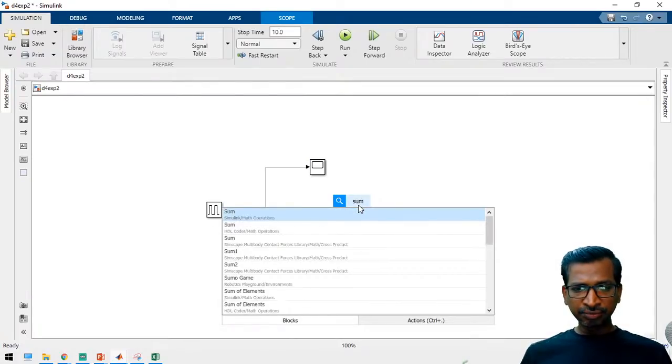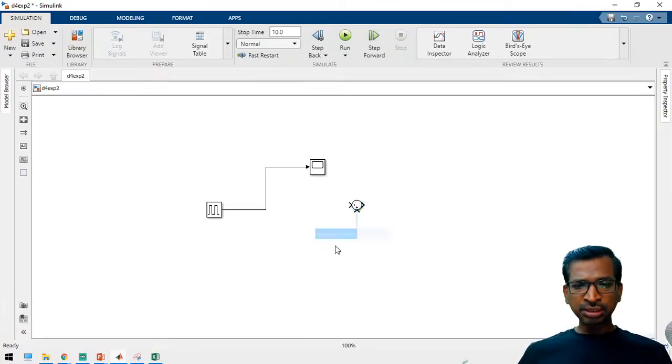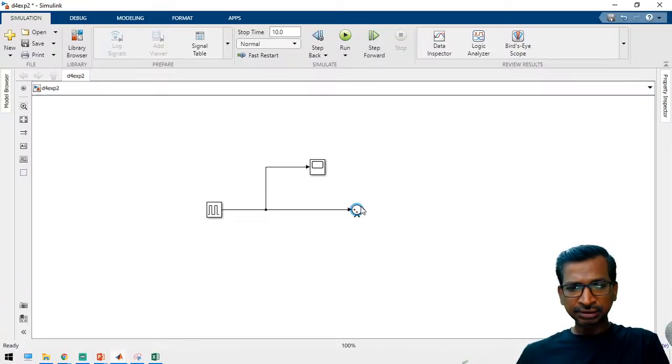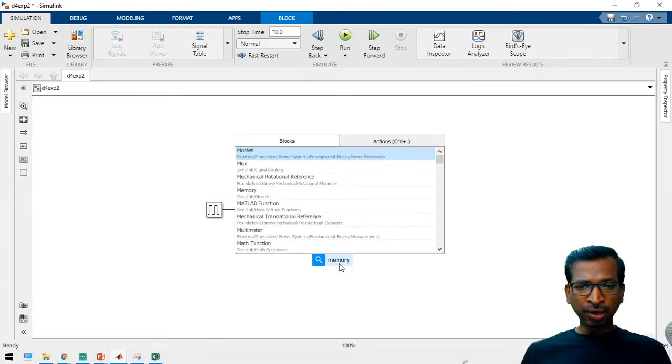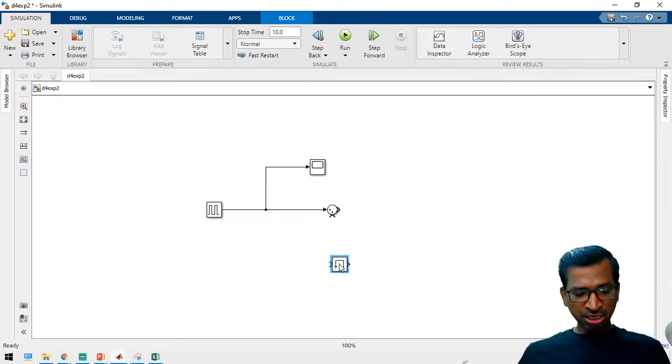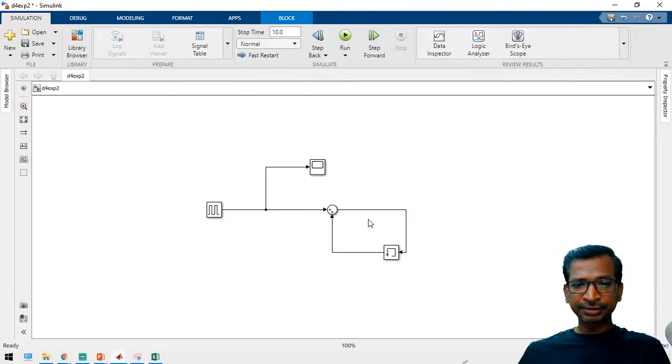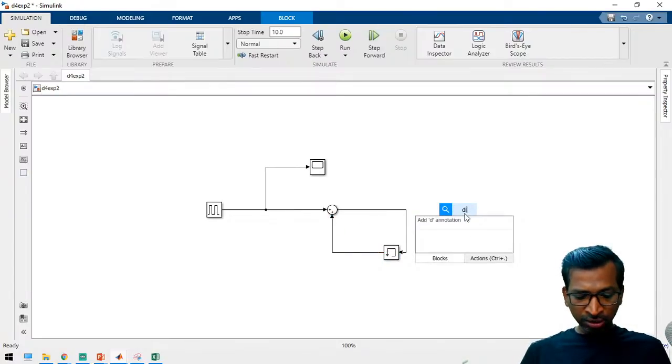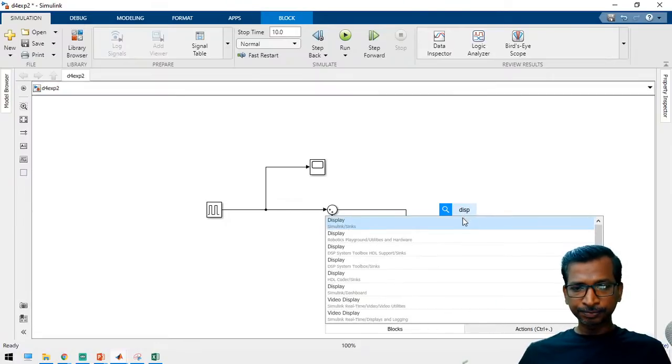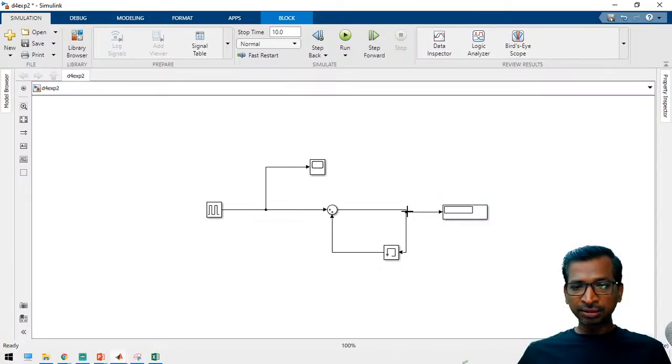There are again few more counting methods also there. So just to take a count sum block and count the pulses. Just add the pulse and take a memory block. Take a memory block and rotate the block. For rotating the component, just you press Ctrl R. Press Ctrl R. And connect here. And now just to take a display block. To take a display block, and here